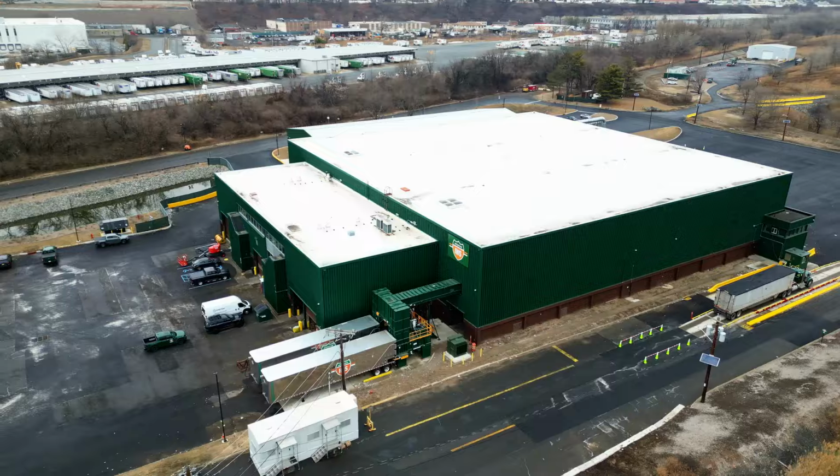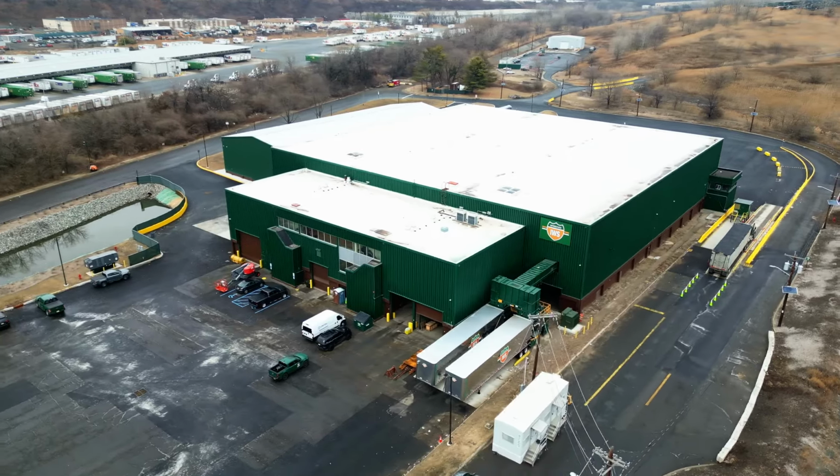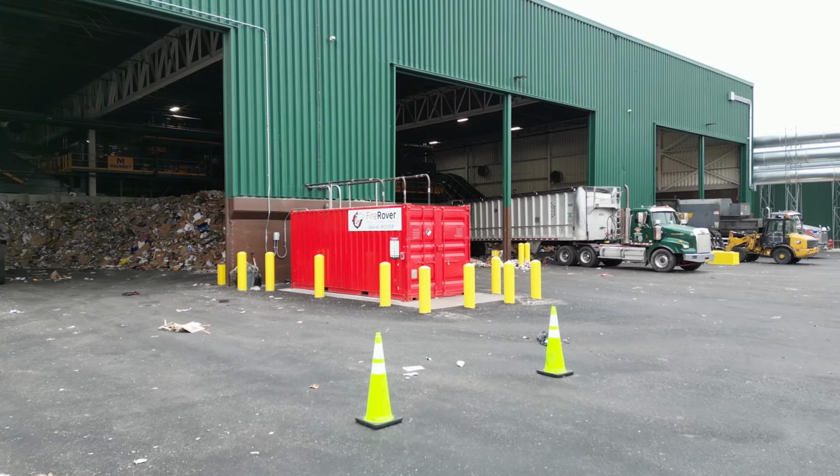We are at our brand new facility. This is our material recovery facility here in North Arlington, New Jersey. We are very proud of this building, and we have partnered with Rover, not only to protect our building, but to